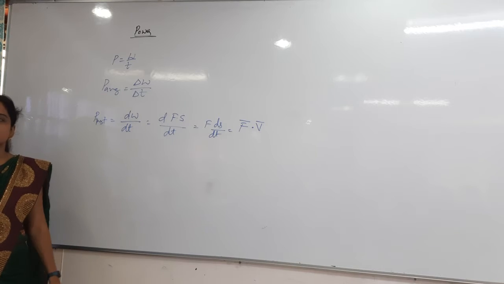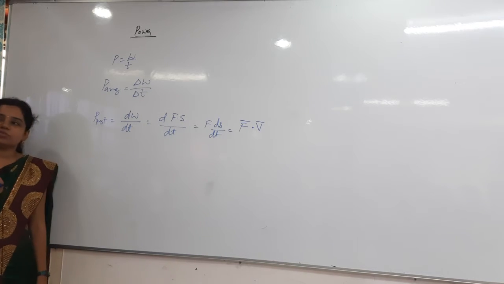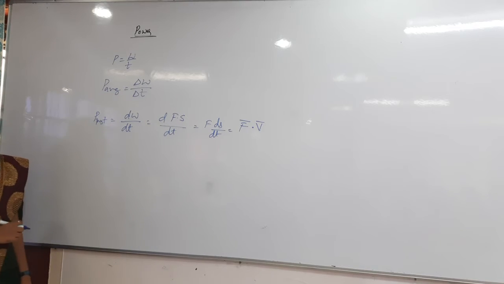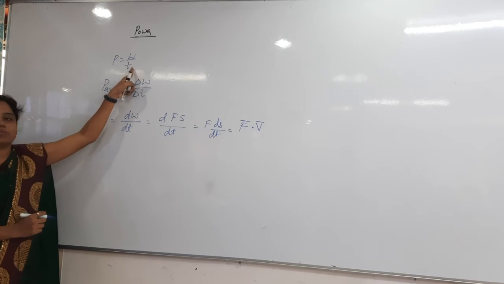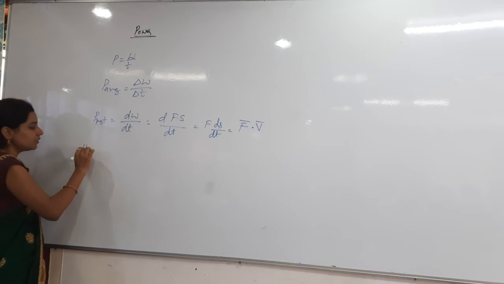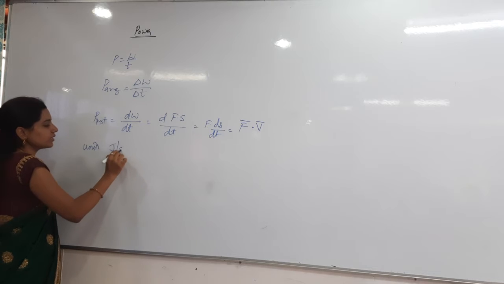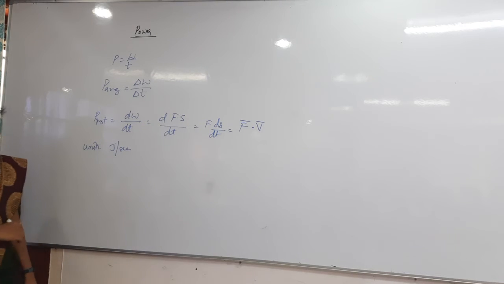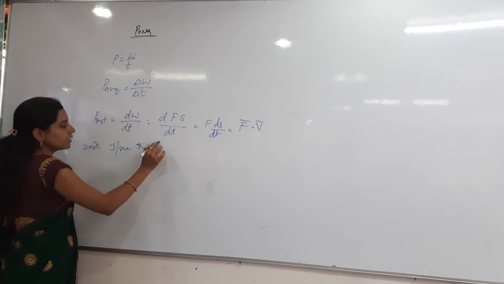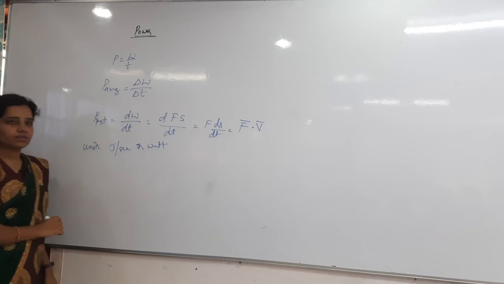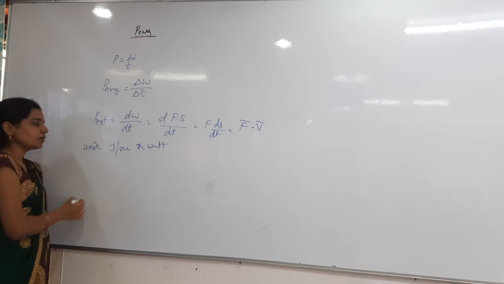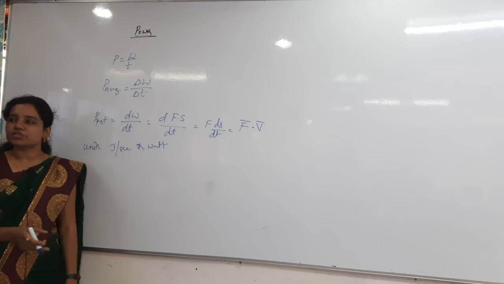And the units of this are important. In different problems they will give different units. So what are the units? Work done by time: work done is in joules, time in seconds. So the unit I can write is joule per second, and that is our power. Also one more unit is the watt. 1 joule per second is equal to 1 watt. We will be measuring the power of machines always.